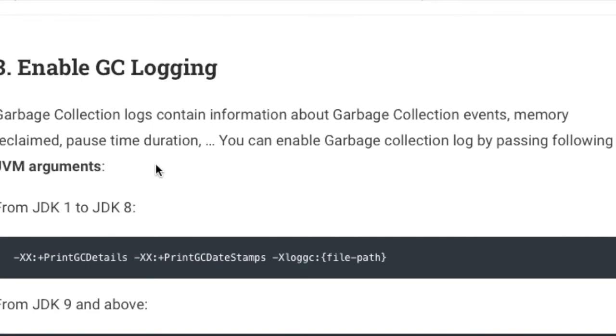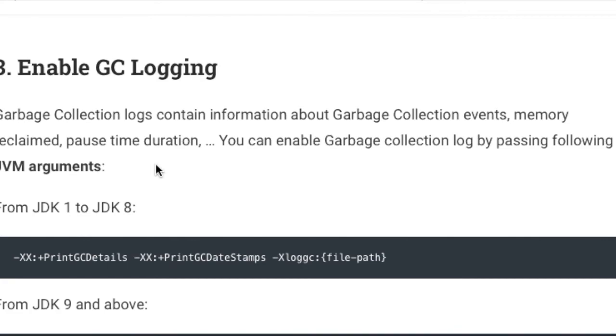Next is enabling GC logging, which is very important. Sometimes the application is performing very slowly or has redundant behaviors, and you can say it's not working exactly as we thought, there are some problems, some pauses. So what is the problem generally? Let's say GC is taking too much time. Why is it taking so much time, which object is delaying the GC? To find all these things, we need GC logs.